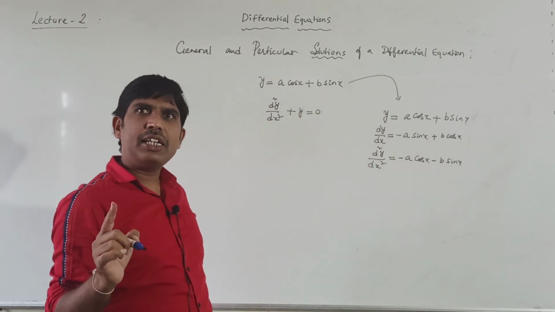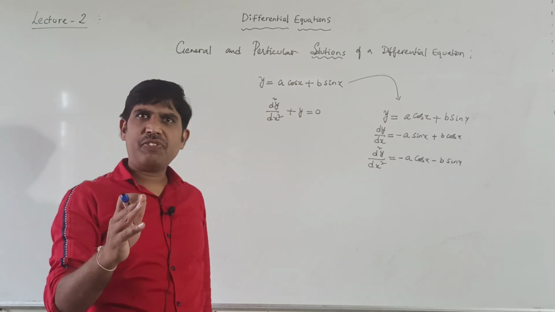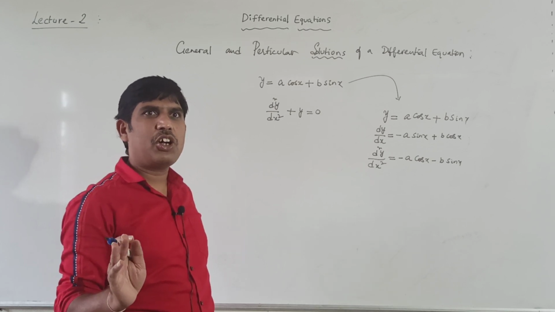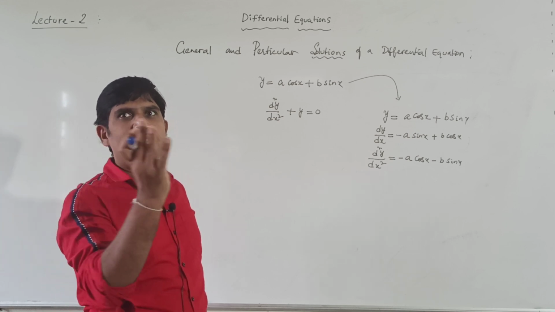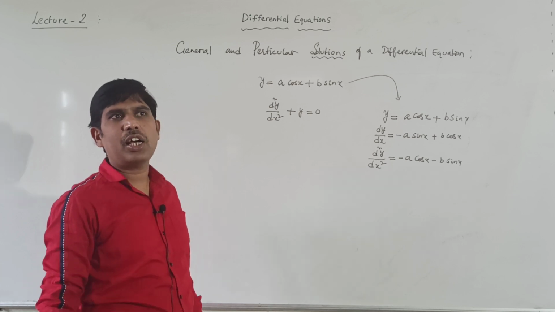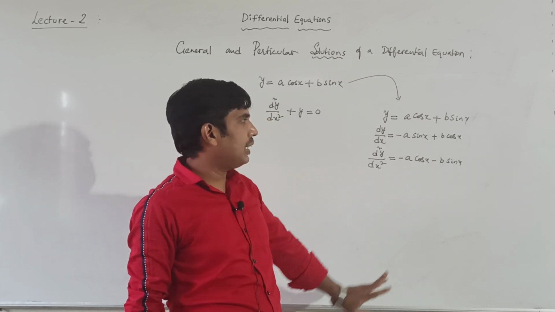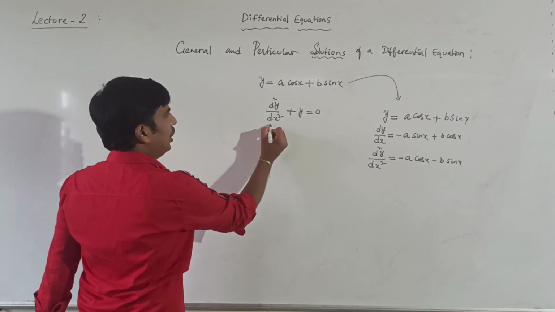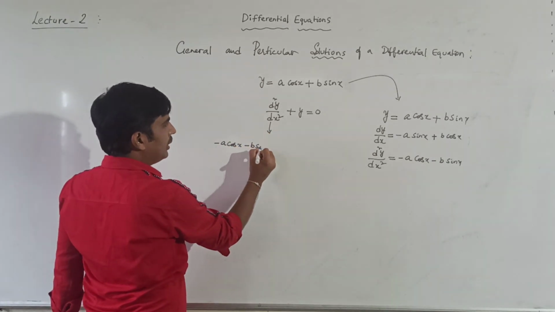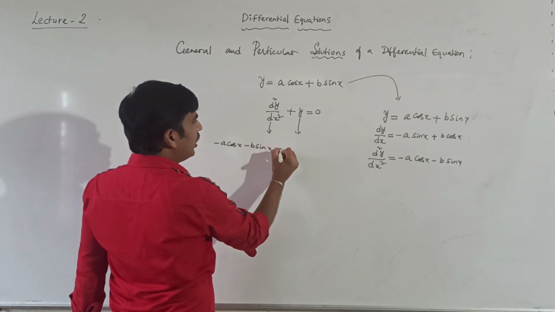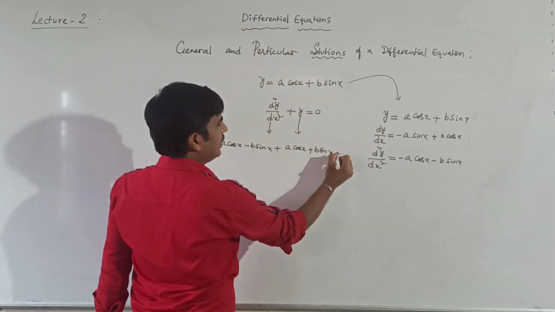This chapter includes both differentiation as well as integration. So when to apply the differentiation formula and when to apply the integration formula, we should keep clearly in mind. If we apply this one for that and that one for this, a wrong answer will come. Understood? So therefore d square y by dx square is nothing but minus a cos x minus b sin x. Here you replace that, what will we get? Minus a cos x minus b sin x. And y is nothing but what is given: a cos x plus b sin x.